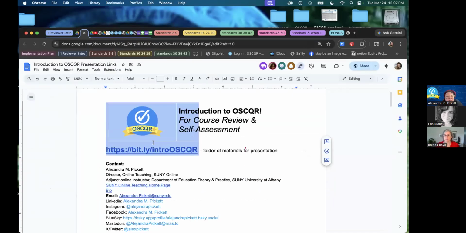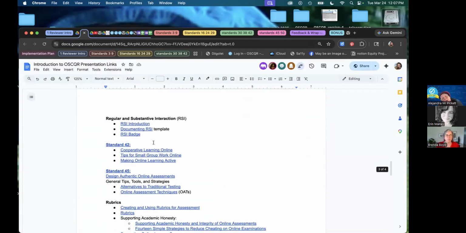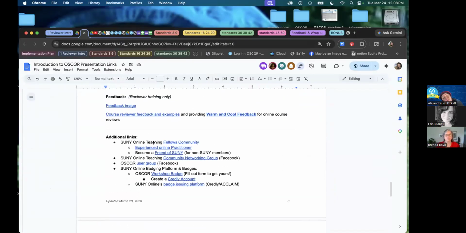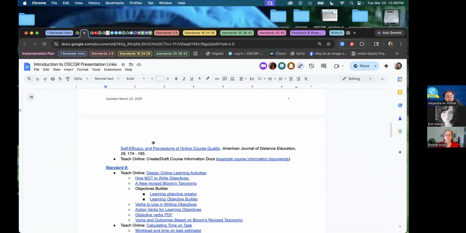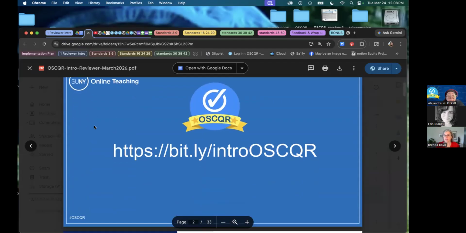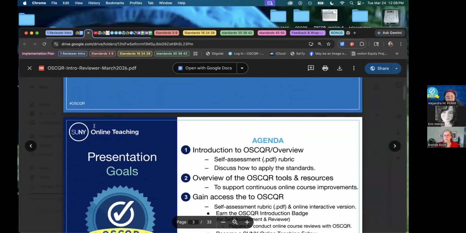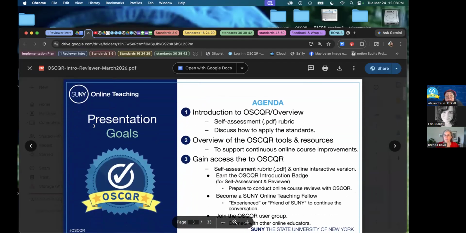They are all on this page of links. So you don't have to worry about capturing screenshots or URLs or anything. All of the information is going to be here for you in this resource so that you can return to it later when you would like to review or revisit some of that information. So that's the link. I'm sure Erin has posted it in the chat a couple of times by now.